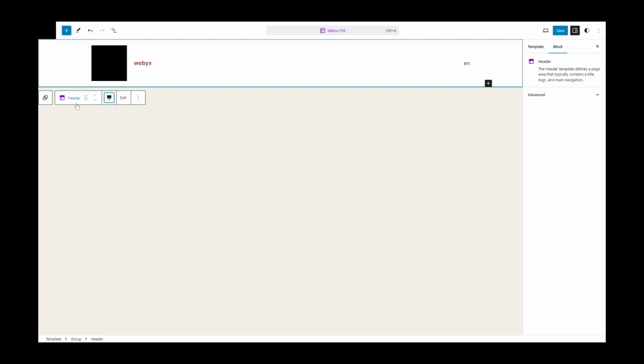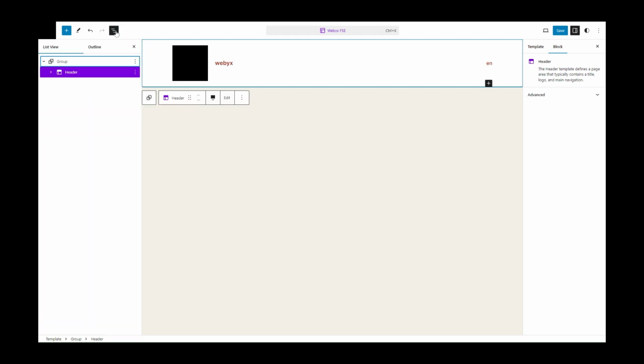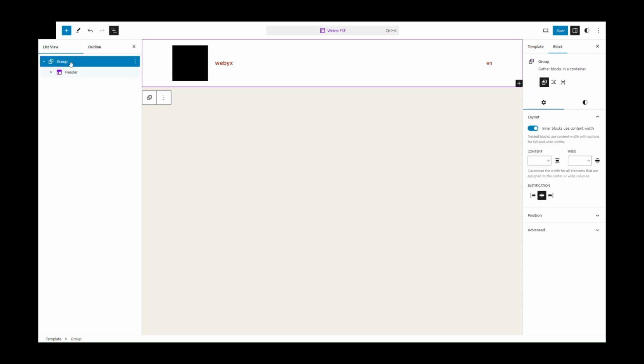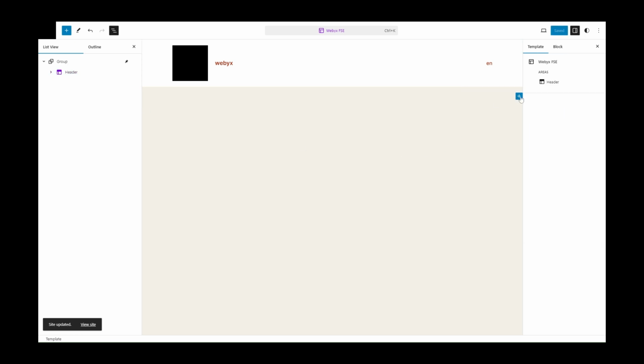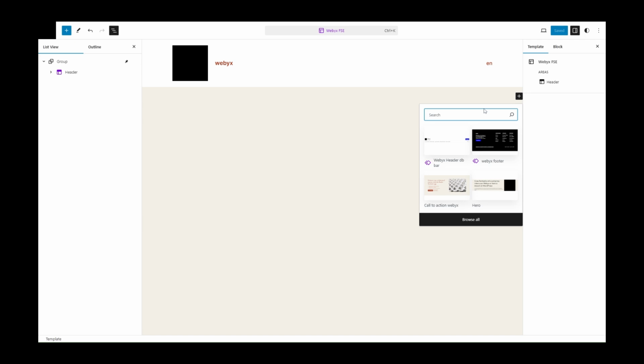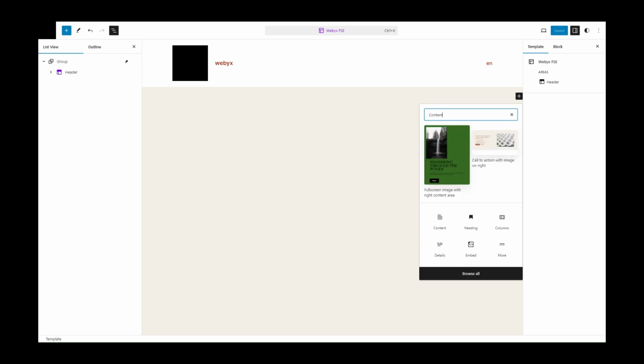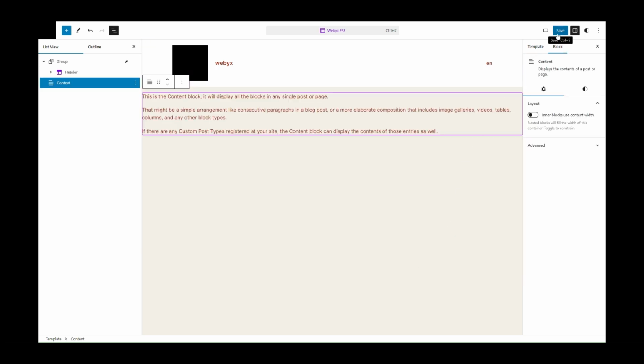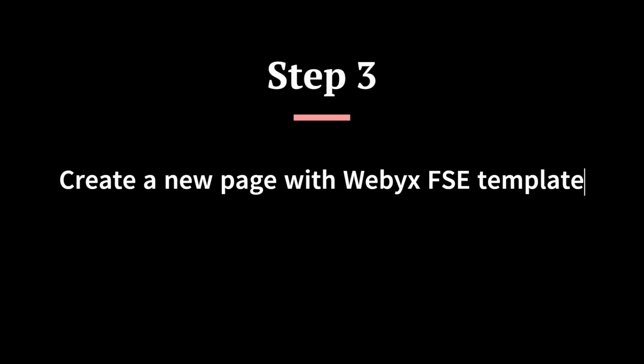Now let's set the header to be fixed at the top. Select Group Block Container. In Position tab, choose Sticky option. Then add Content block. Click on the inserter and search Content block. Add Content block. Perfect. Save the template. Now create a new page with Webyx FSE template and insert Webyx block on the content